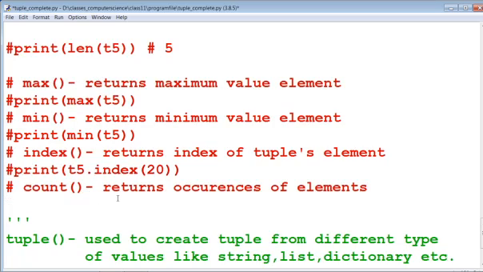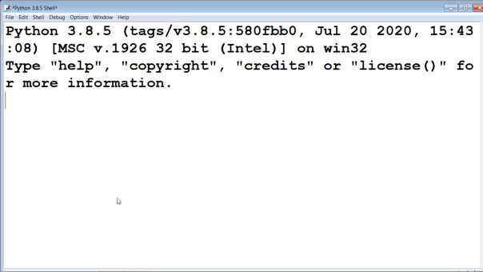Second one is count, which returns the occurrence of an element. Now you can check the output of the count method. Suppose that we print t5 dot count, and here the element. Suppose that our element is 30. Now check the output.